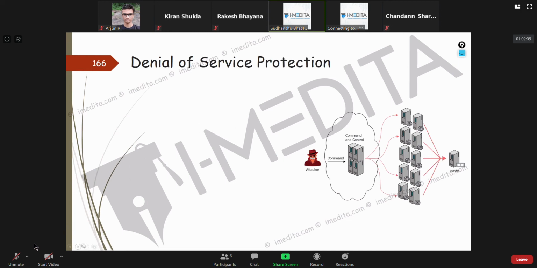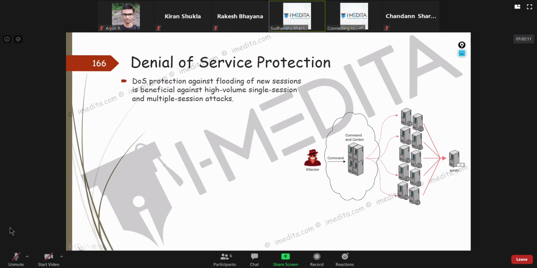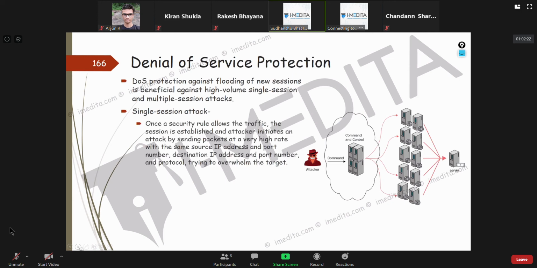Now, DOS protection against flooding of new sessions is required. We have two types of attack: single session attack and multiple session attack. In a single session attack, basically that means the same IP.